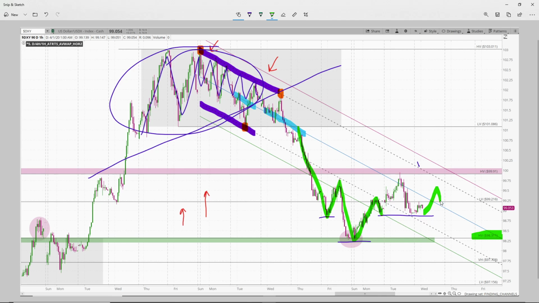Could this start to break out of here? No, this is not exactly the best of the best here on swings, but